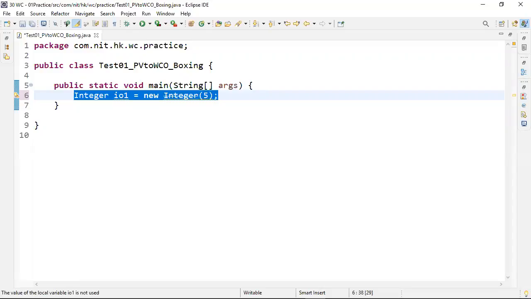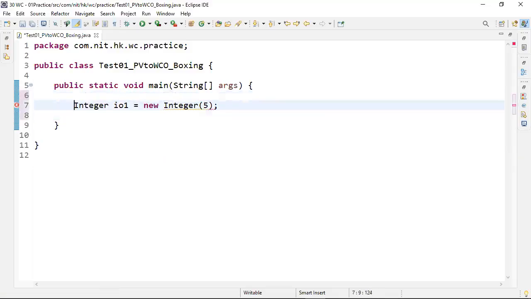You all understand this simple statement. How to convert a primitive integer value to a wrapper class object? For that, you must use the Integer class: Integer io1 equal to new Integer of 5. Simple. That's it. The operation is completed.